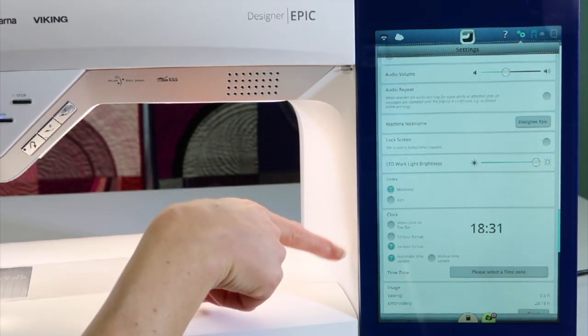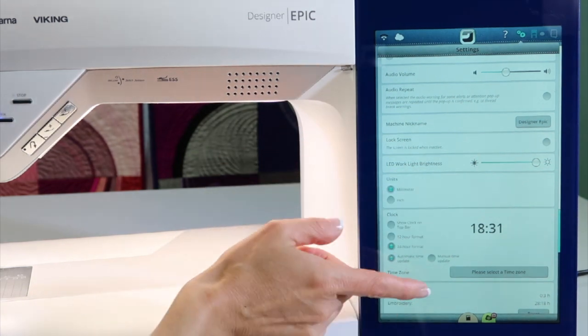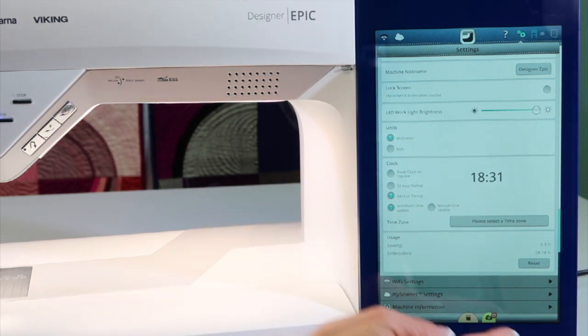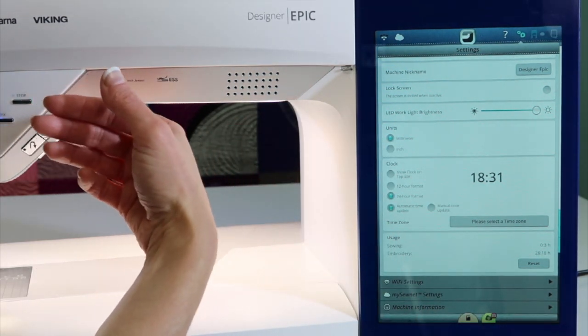So there's the clock on here. You can name your Designer Epic. That'll show up on the screensavers, and when it turns on, it's kind of fun. Down here it shows you how much sewing and embroidery time you've had since the last time you touched reset. So if you've touched reset and it says 0, 0, that's just like starting a new project. How many hours or minutes have you taken